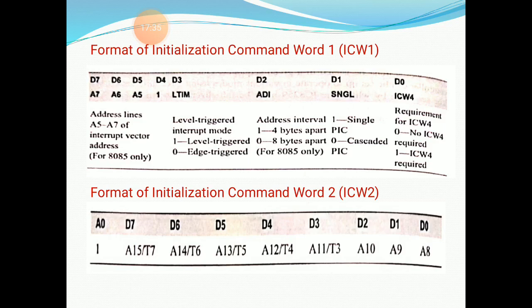As we know, the vector address is an 8-bit address because 8086 consists of 256 interrupts. Those 256 interrupts are represented by using an 8-bit address. For the 8086 system, they are filled by the most significant 5 bits of the interrupt vector type and the least significant 3 bits are zeros, which point to interrupt request 0.